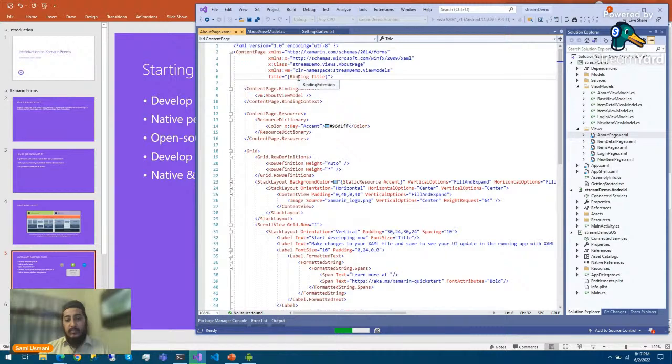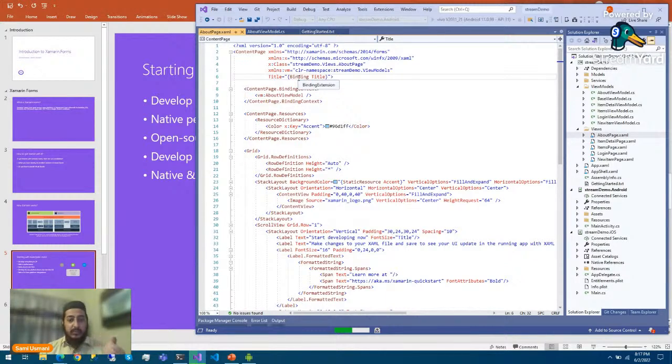For example, we have to use a title on all our pages, so we declare the title value here, and then we use the title variable to set some value. This title variable is bound in our main content page. So this is the basic idea of how we can use some base values, some default values which are set here, and then we can update those values in our view model.